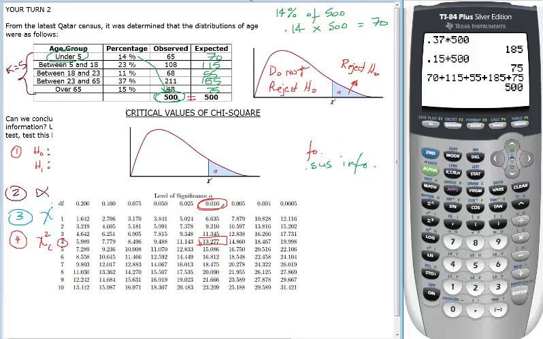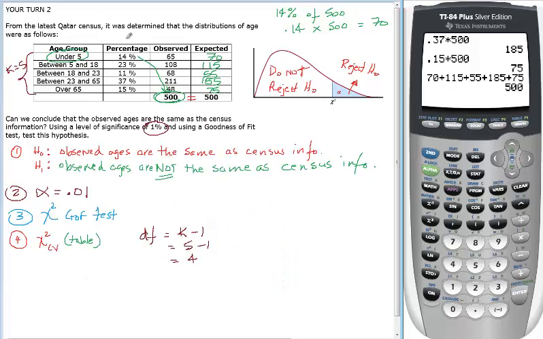13.277. Okay, see how I got that? So chi-square critical value is 13.277. That's this value right here, right? So anything greater than that will reject. Anything less than that, not reject. So that's our decision rule. So the decision rule,